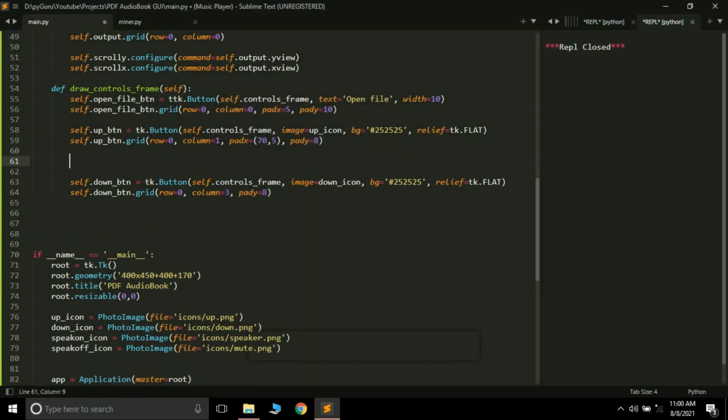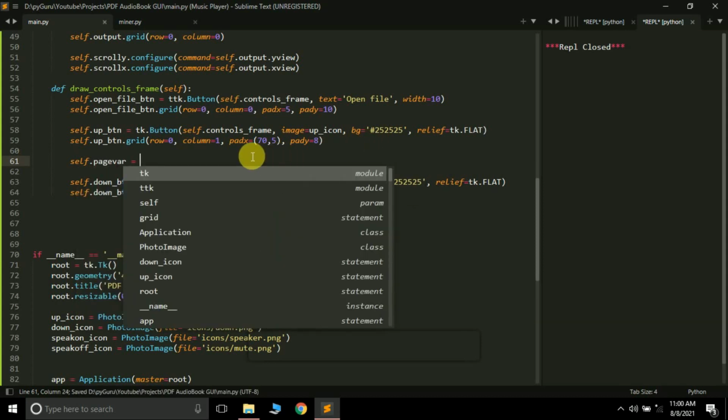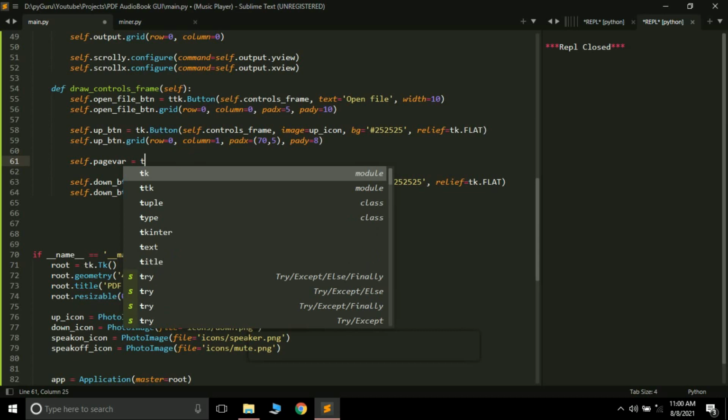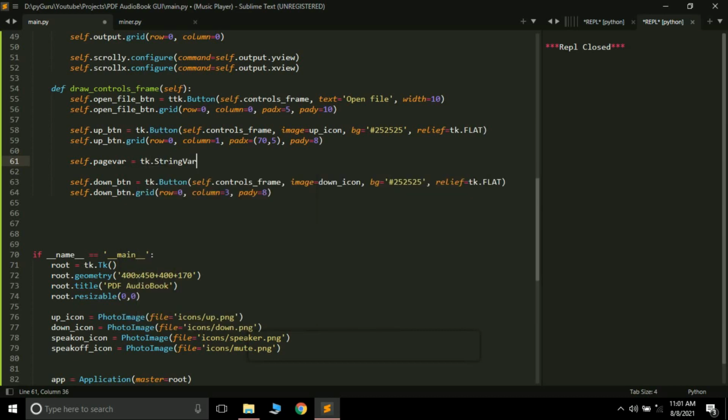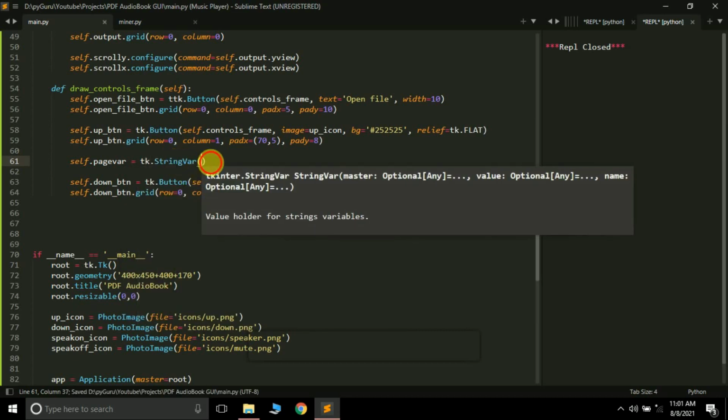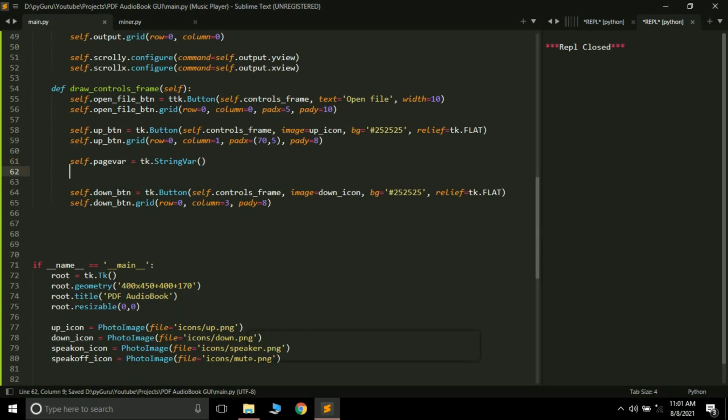In between this there will be a search bar using which we'll be able to search a certain page in the PDF. So self.page_var. See, inside tkinter variables are not directly created like a equals 10 or b equals "hello world", something like this. Here we have to create variables using tk classes. So here you have to pass tk.StringVar. It means that we want to create a string variable here. Okay, we'll need this, and that's why I am creating this variable.